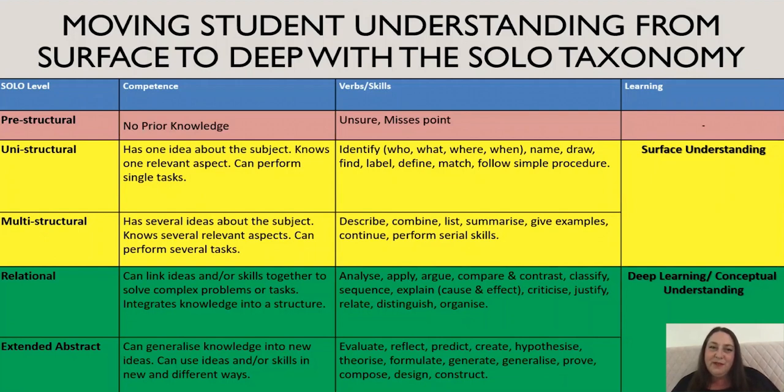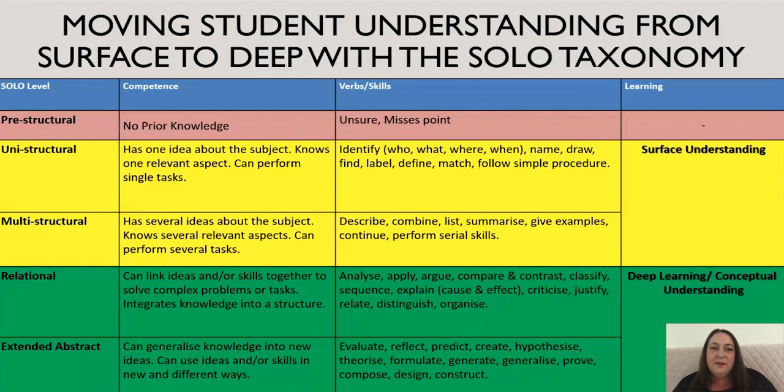So it has 5 levels of understanding, and this particular slide, and you will actually get a PDF copy of this particular slide, because I find that it works really well with teachers, particularly that third column, which is the verbs. Now, I've created these, put the verbs into this table, but there are many other words that you may use, and many that you might find are more significant to what you're actually teaching. So these are not all of the words, and of course some can shift from one area to another.